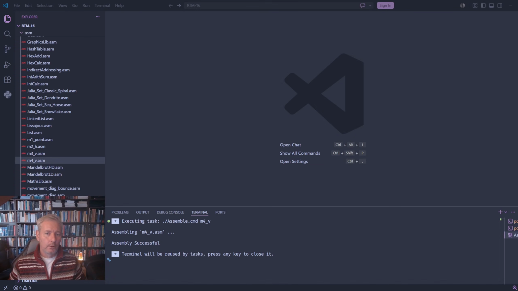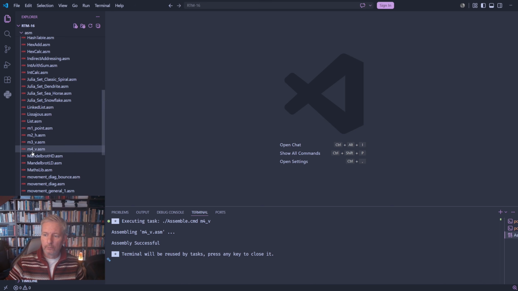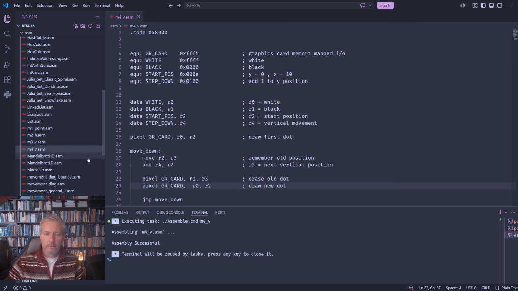Now let's continue with the programming of our RTM16J in order to produce a vertical movement. So I've generated another file here and it's called m4_v.asm. So what I intend to do is just talk my way through it. It's pretty much the same as the M3 file, but I've just spruced it up a little bit, and I've used some more of our assembler directives in order to make the code read just a little bit